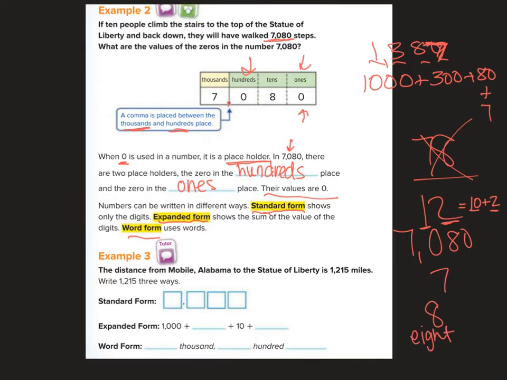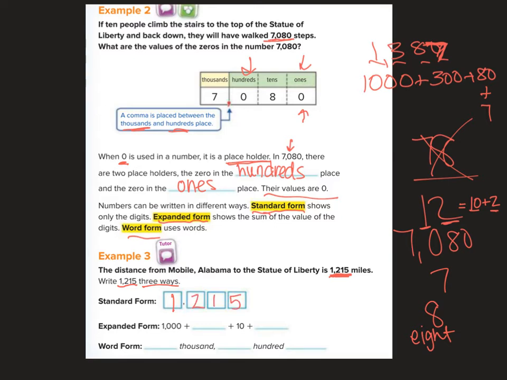Okay, so let's look at example 3 here. It says the distance from Mobile, Alabama to the Statue of Liberty is 1,215 miles. Write 1,215 in 3 ways. We have to do all 3. So standard form is just that,